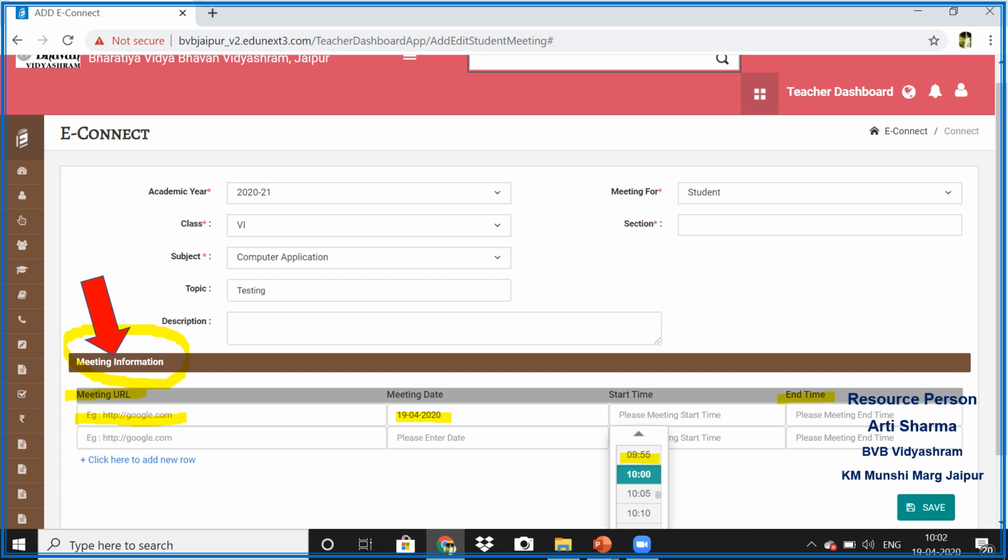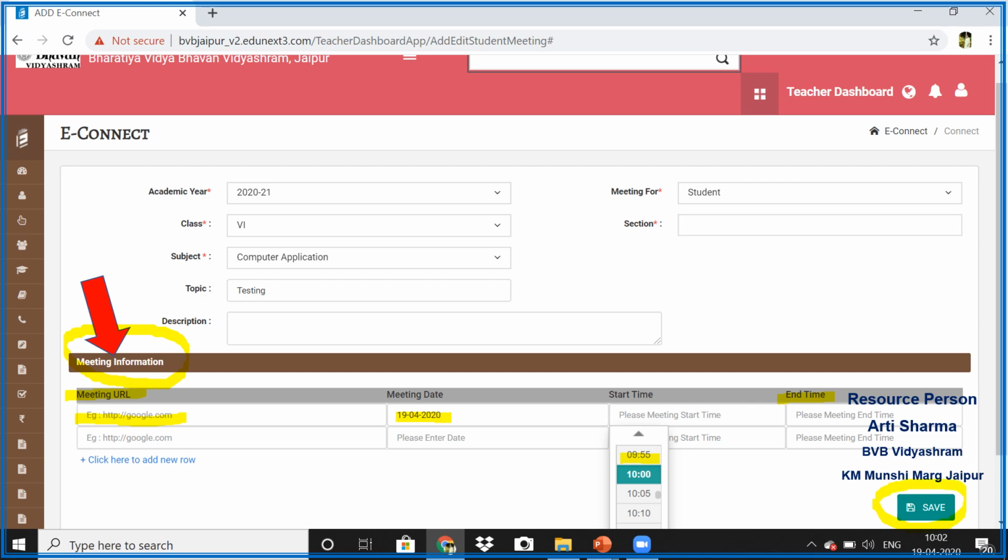I will tell you one thing more. When we are scheduling a meeting in Zoom, Zoom gives the maximum limit of time 40 minutes. But I have my class of 1 hour. You all are having the class of 1 hour. So we should assign the time for our meeting of 1 hour. Whenever the 40 minutes is going to be over, it will give you one message to upgrade the meeting. So we need to click on that OK. But always plan your meeting for 1 hour. And finally, you have to press save.